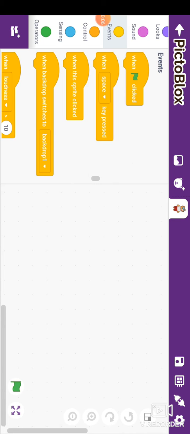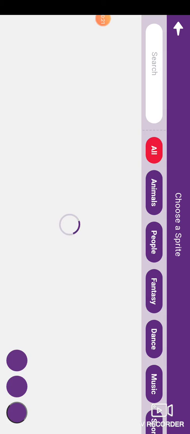In this video, I will make an interesting maze game using Android. So let's start. First, we have to delete the Toby sprite, and then we have to add the Beetle sprite